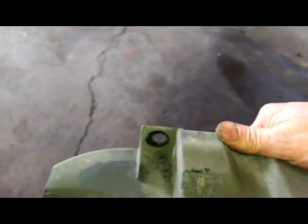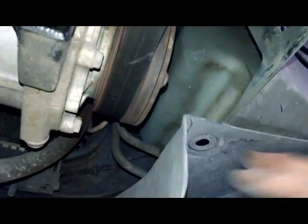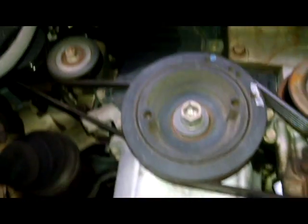It's got a 12mm bolt here, 12mm bolt there, kind of tucked away right up there. It's a little tricky to get to. You can certainly take this whole thing off if you want for easier access in there. And we are looking at